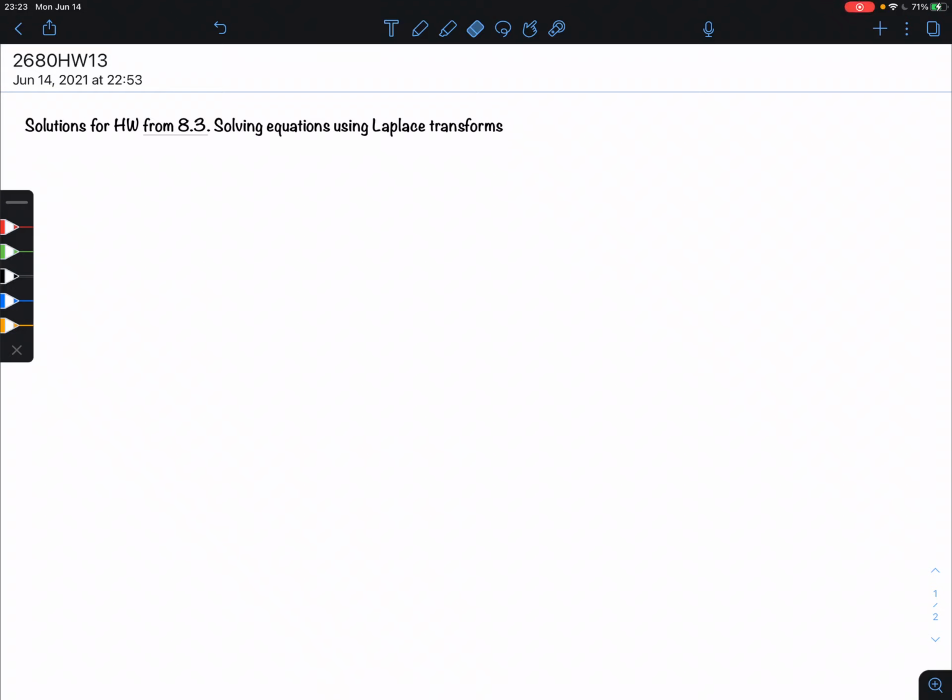Hi everyone, I want to go over the homeworks from 8.3, that is solving equations using Laplace transform, and so the first one that I assigned was number 21. Now, I admit this is a very tricky one, it took me a little while, I had to think